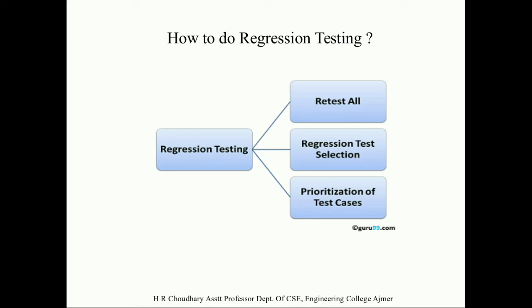And the third one, we can provide some kind of priority. On the basis of that priority we can select the test cases. We also prioritize test cases depending on the business impact, critical and frequently used functionalities. Basically, selection of test cases based on priority will greatly reduce the regression testing effort. So it will reduce a lot of burden, and time and money can be reduced here. So it can be done on the basis of priority.